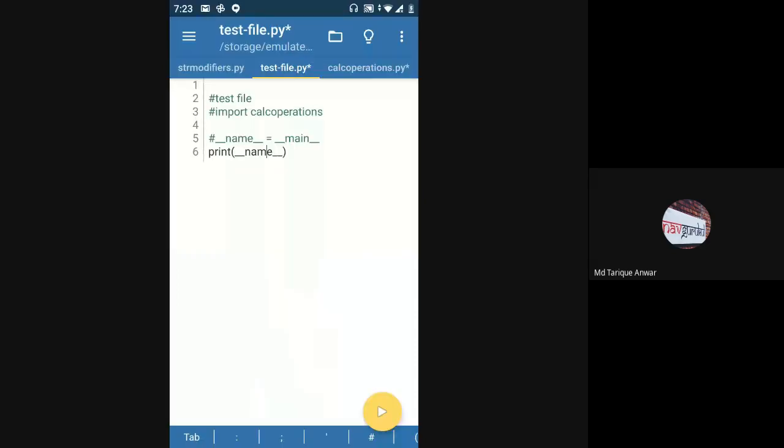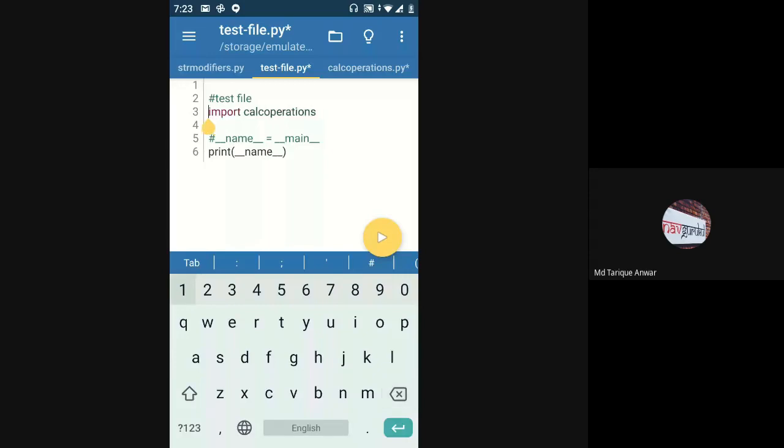And if you are importing any other module, this module is also a Python file, right? So with this module, there will be a __name__ variable associated. With every file or module that you import, there will be a __name__ variable associated.